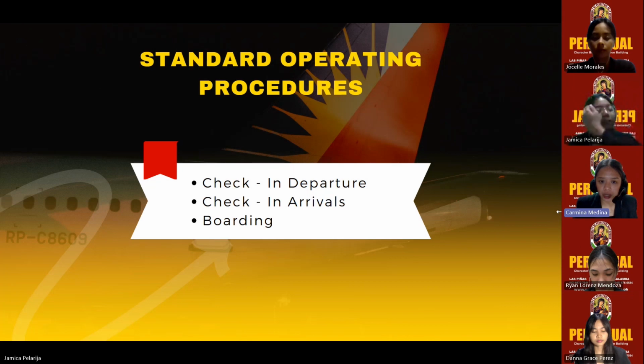Next is boarding to the aircraft. First, you need to locate your assigned boarding gate and wait for the boarding to be announced. When boarding is called, line up and show your boarding pass to the gate agent. Next is ready your tickets to show to the cabin crews. Board the plane in the order announced, usually by row or seating area. Once on board, find your assigned seat, stow your carry-on bags, and get ready for takeoff.